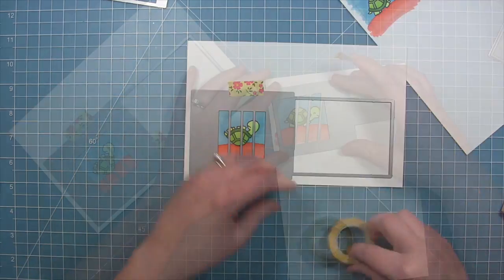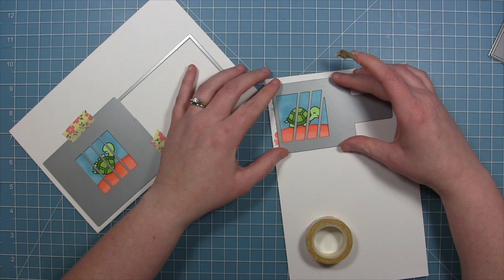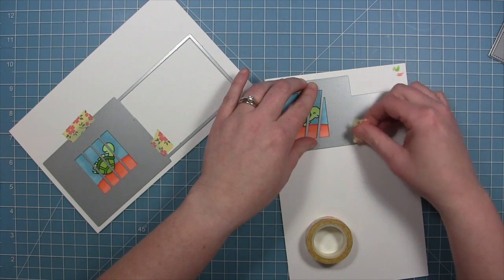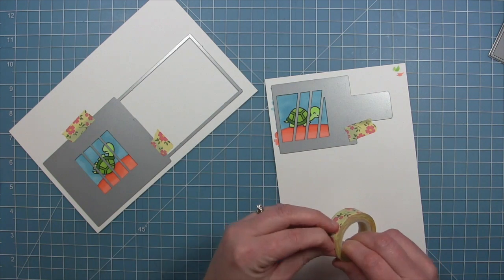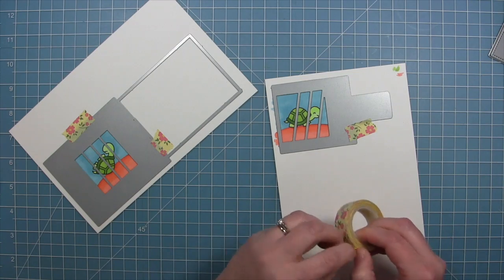Then we're going to hold that in place with some low tack tape, and we'll do the same thing on the viewfinder on the moving piece. So we're going to center that turtle, hold it in place with some washi tape there, and then we can run that through the die cut machine, and we're going to have both moving parts ready to go to create